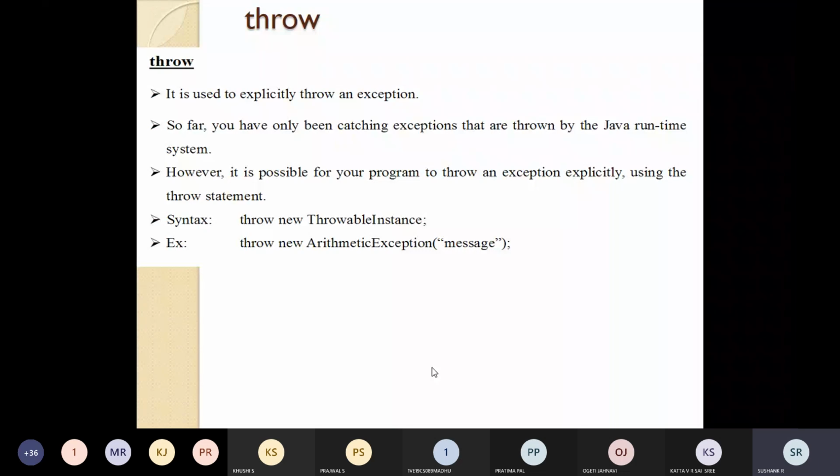The flow of execution will stop immediately after this throw statement. Any subsequent statements will not be executed, and it will also check the try block to see if it has a catch statement that matches the type of exception. If it is not finding a match, again the control will transfer to the next enclosing try statement like this. If no match is found, then the default exception handler will take care of the handling the same way. So the working is the same. So let us check how to throw an exception explicitly.